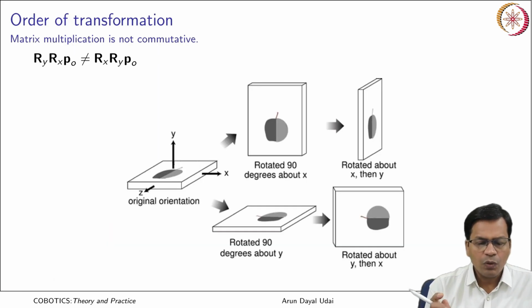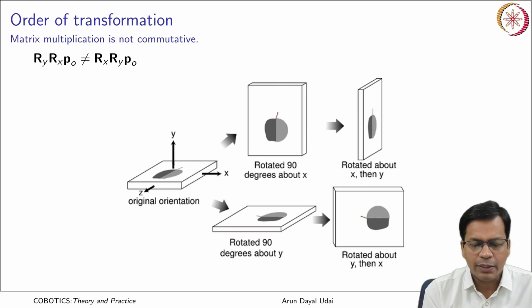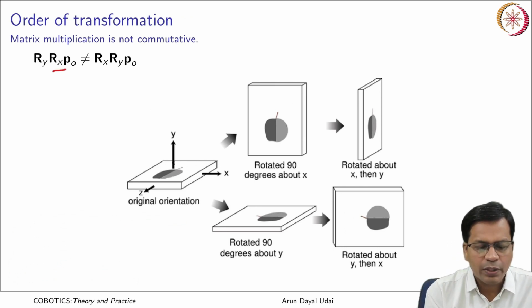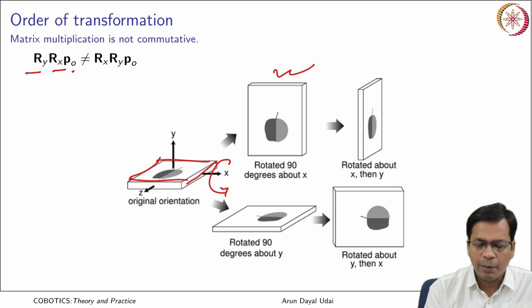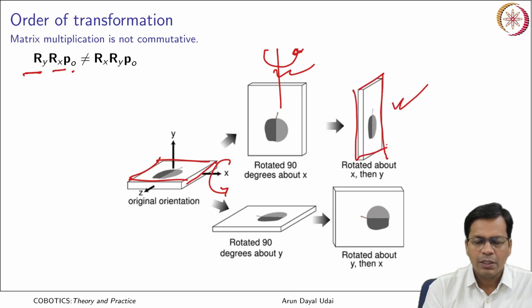Okay, so what you see here, by changing the order, let's say you applied Rx first and then Ry on P0. So what would happen here? Let's say this is the initial orientation of this book. Okay, rotation matrix is all about orientation changes. First you rotate about x axis by an angle using the right hand thumb rule. You should be doing this. Okay, it comes to this. Next it is rotated about y axis by 90 degree. So this should be here. Again it goes like this. Okay, by an angle 90 degree, final orientation is something like this.